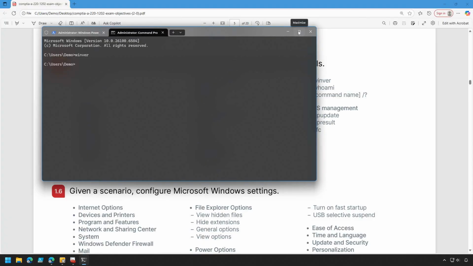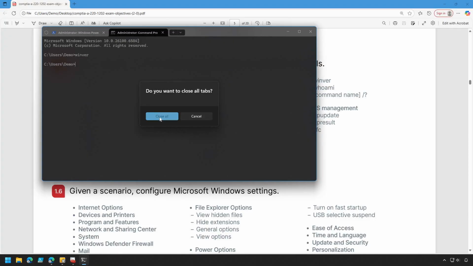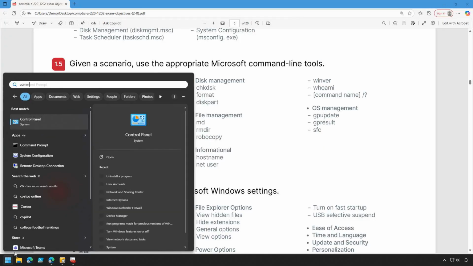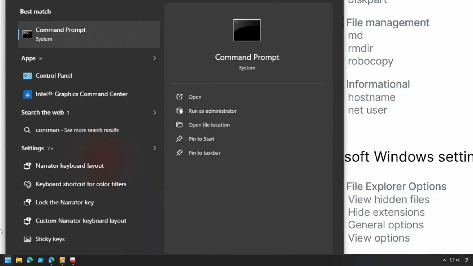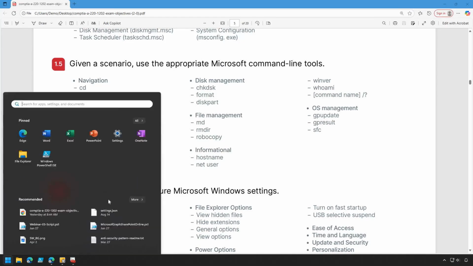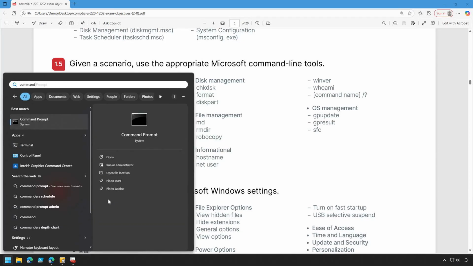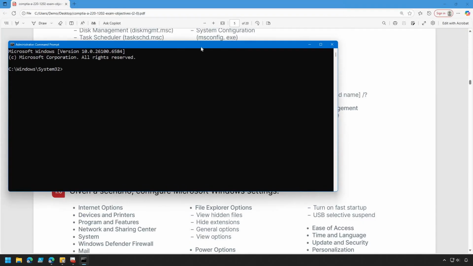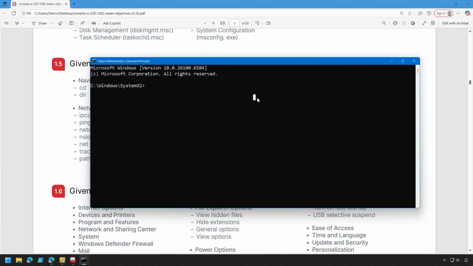You can either use terminal like I did here, or you can hit the Windows key, type in command, and this is the old traditional command prompt. It's been in here since the DOS days, when that was the OS basically. And typically I'll choose run as administrator. If you don't choose run as administrator, then there's certain things that you can't do, and that just gives you an idea. So before we do that though, what I want to do is I want to just go over